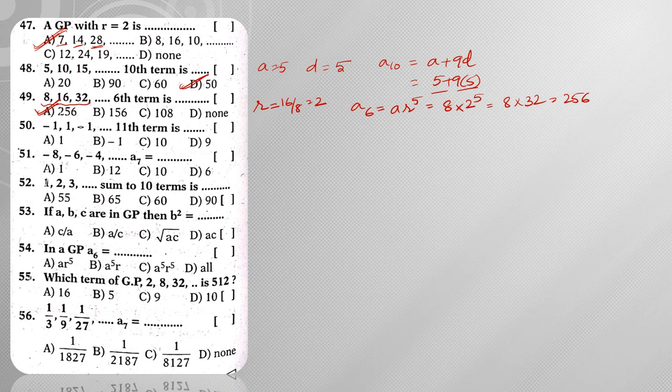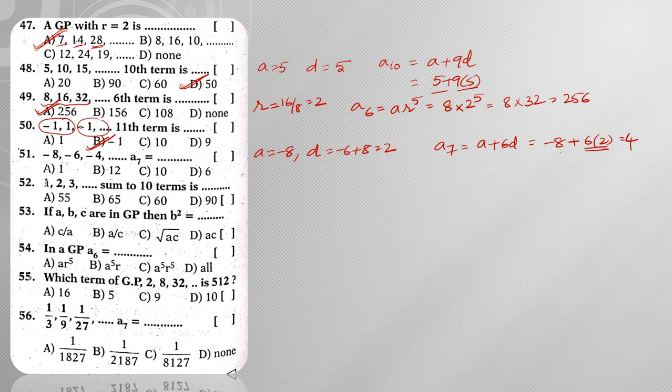Next, the 11th term. Clearly you can see that if you pair up this, then I am going to have the pairs. 11th term means odd position value. Odd position value is minus 1. Next, minus 8, minus 6, minus 4 and so on. What is A7? So first of all, A is equal to minus 8. Common difference is minus 6 plus 8, which is nothing but equal to 2. Now what is he asking? A7. So A7 I can write as A plus 6 times D. So A is minus 8 plus 6 times D is 2. So 6 2s are 12, 12 minus 8 is 4.